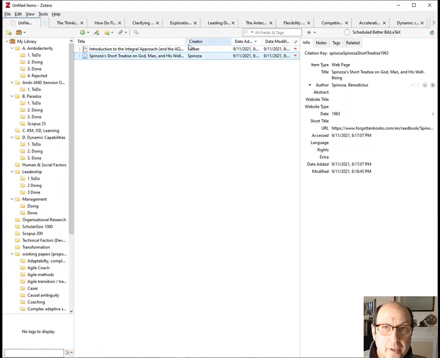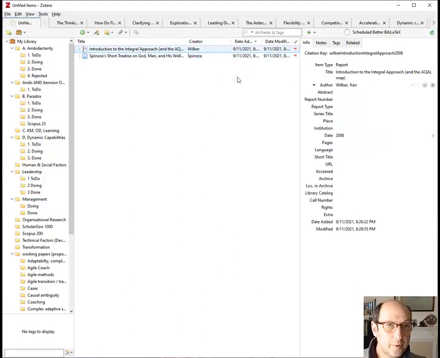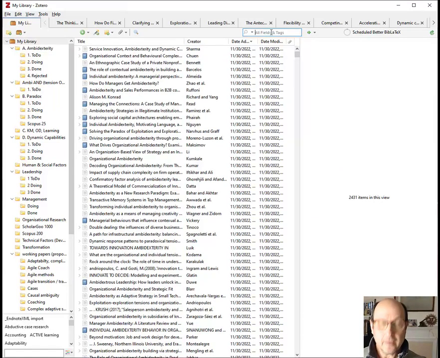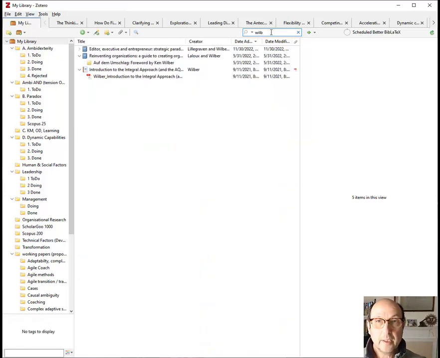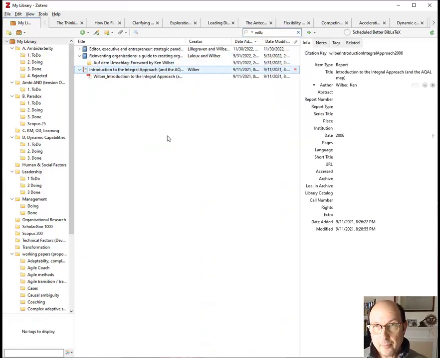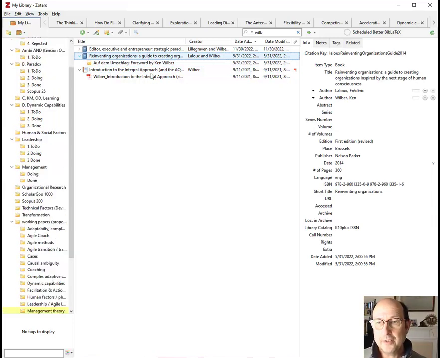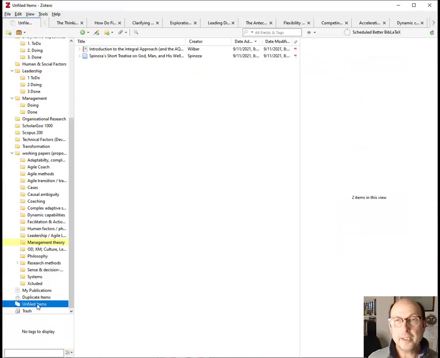They exist. So let's see, I've got Wilber. This is Ken Wilber's integral report on the integral approach. So if I go to my library, you'll see it's in here. It'll be somewhere in here. Ken Wilber, there it is, introduction. And if I press the control button, nothing lights up because it's in the library. If I click on this one, which just happens to be co-authored by Ken Wilber, do you see? That's in the library somewhere. So this unfiled items is just telling me you've got some things here that haven't been stored anywhere, and it's